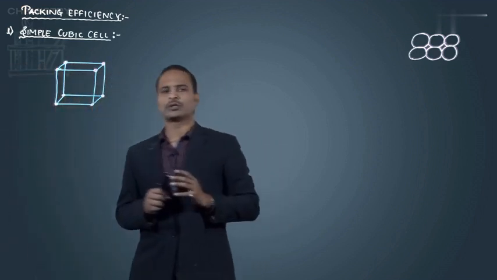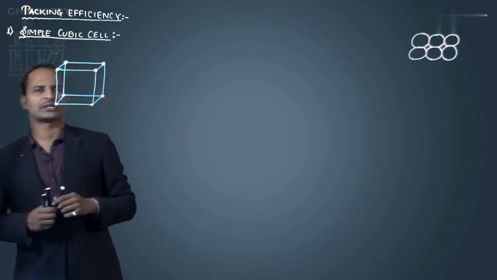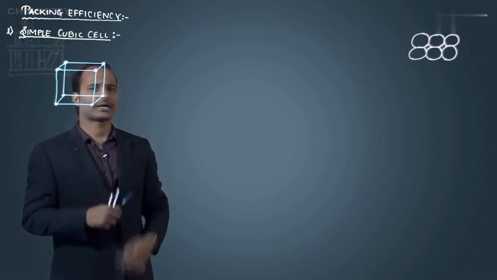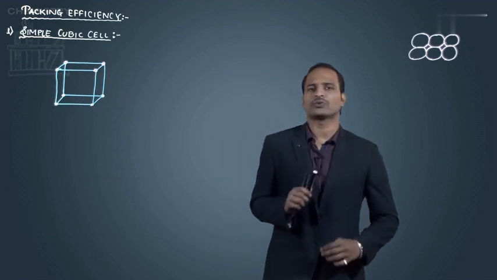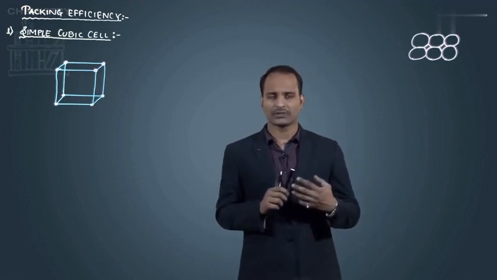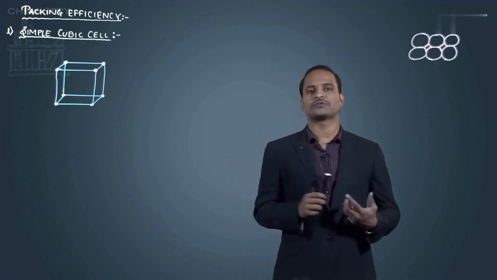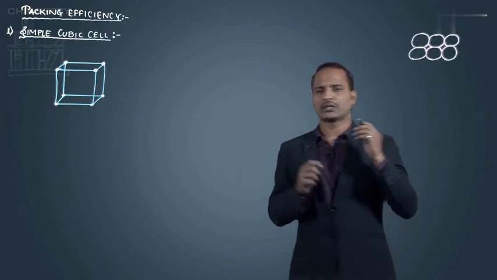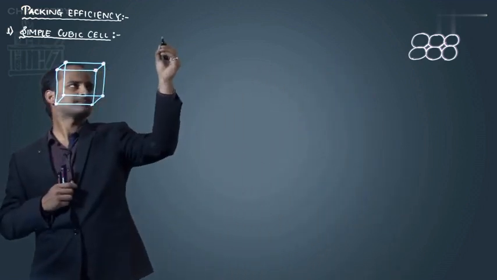So I want to know the packing efficiency. Now in the case of the simple cubic cell, the particles which are present on the corners are always in contact with each other. As I said, packing efficiency means I just want to know how much space is occupied by the atom out of the total available space. So for packing efficiency we have a formula. The formula is